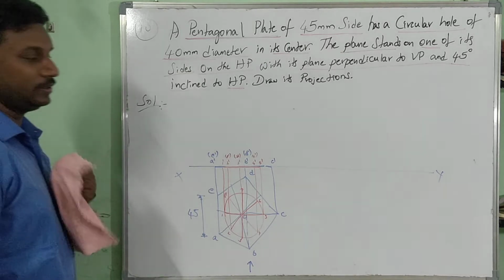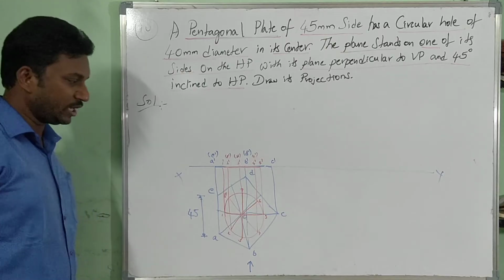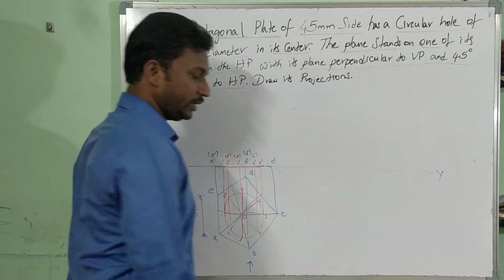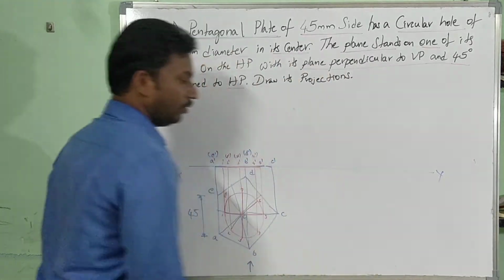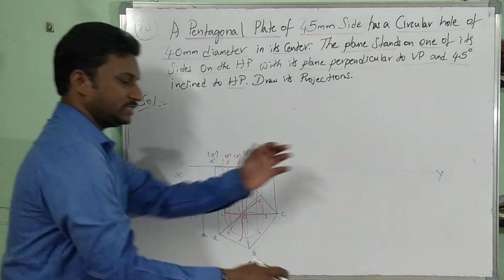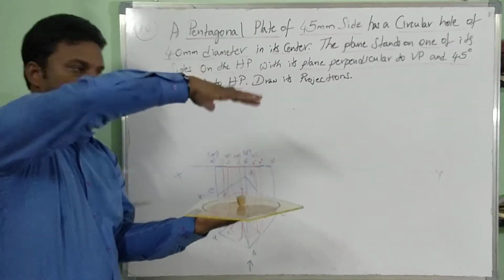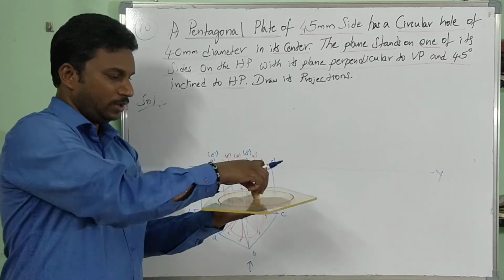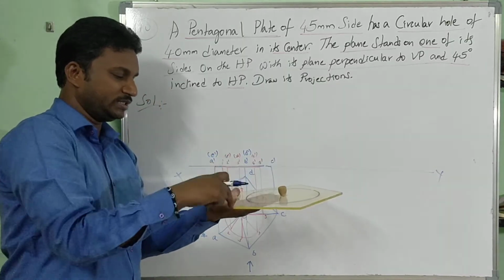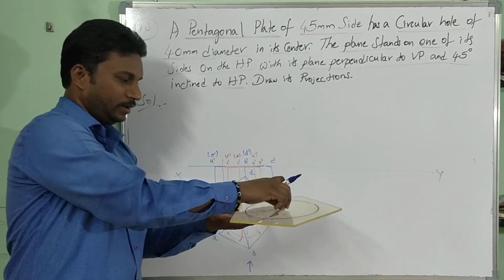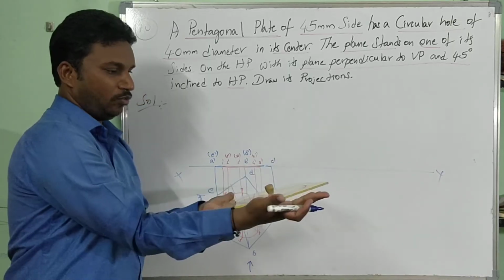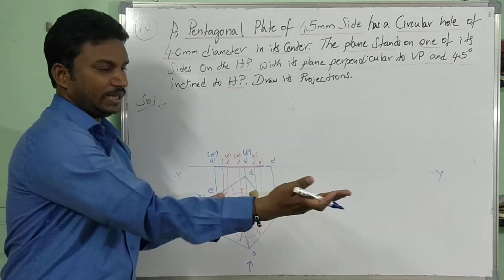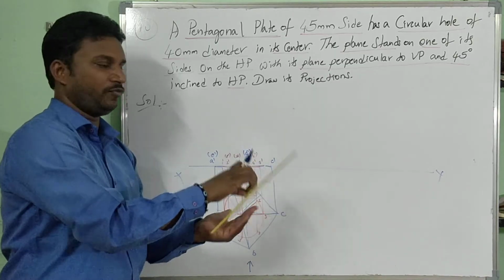Hope you all understand. Finally, we have done the true shape, top view and front view. Now in continuation with that, what is the next step we are supposed to do? See, you have drawn the top view with circular hole and the front view as a straight line. Now I am lifting with respect to one side. What is this side here? AE. Lifting 45 degrees means whatever line length you are seeing, which is not given, you have to measure. That line length has to be rotated at an angle of 45 degrees.